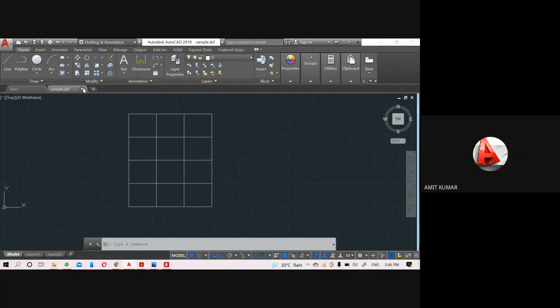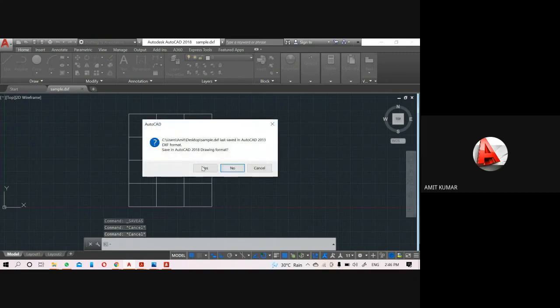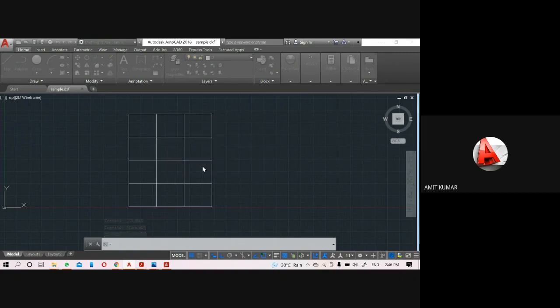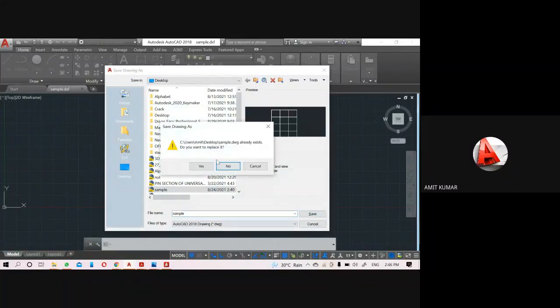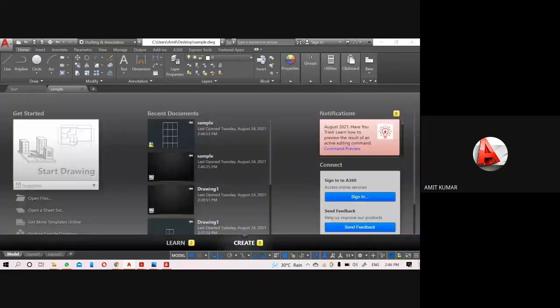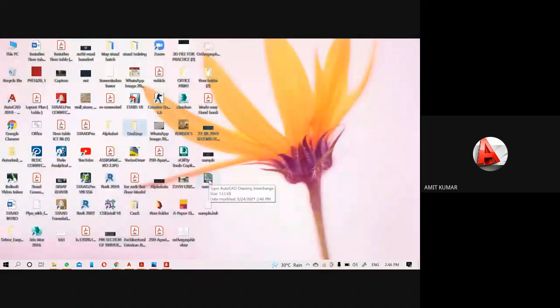Now close the file, save. So the sample is here. The format is the DXF.